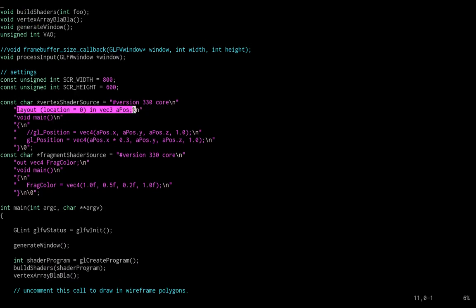Now later, when we have more stuff going on, this will become relevant, if you're passing more data to the shader, for example texture coordinates, you're going to have more going on here. But for now, it's just vertices. And so we start in location 0, and this is just the way that we do things here. So vec3,